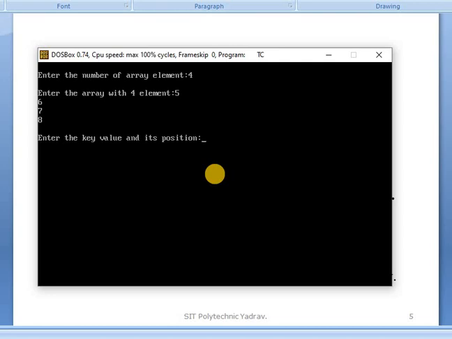For example, we enter the value 2 at the 3rd position.